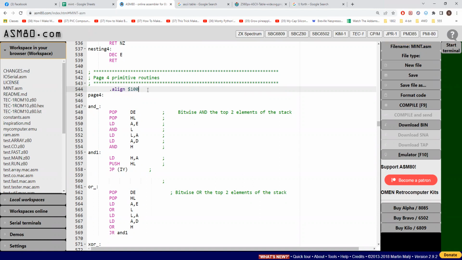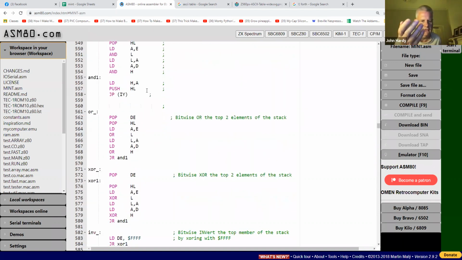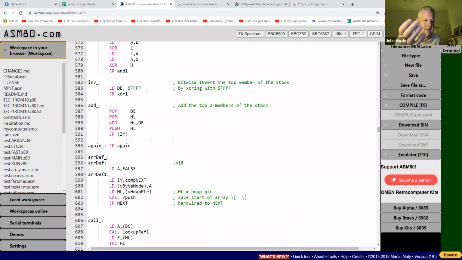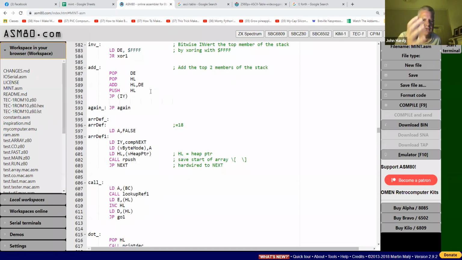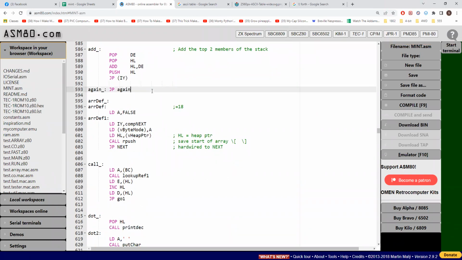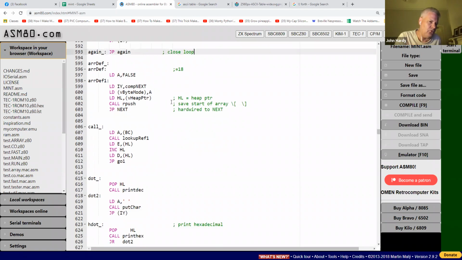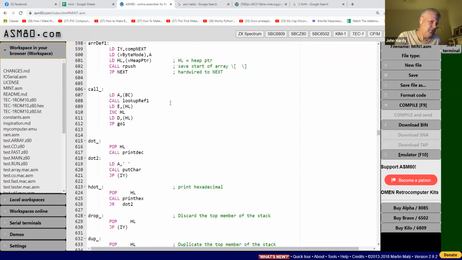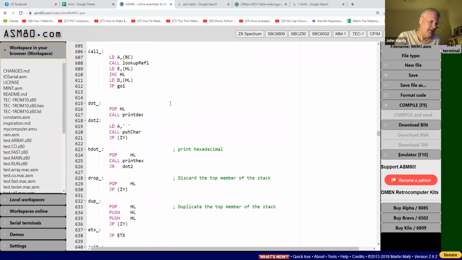And we have to break these things into pages. That's why you sometimes see jumps, because we can't always fit everything in a page. But you can see here in page 4, you've got all the basics of mint: and, or, exclusive or, invert, add, again, which is the closing of a loop, array definition, call, which is to execute a command. So we've got call, we've got dot, we've got h dot, which is a comma, we've got drop,